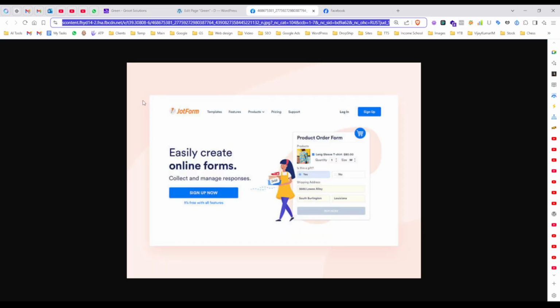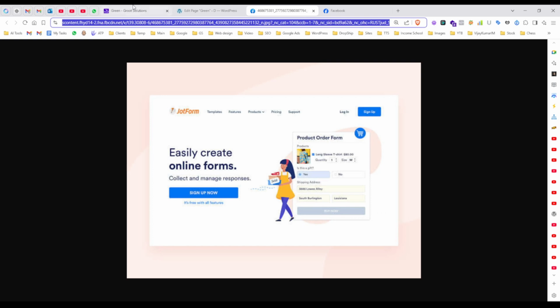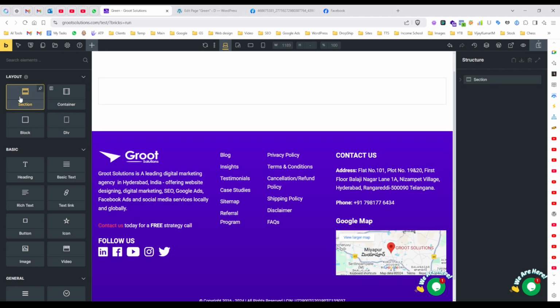So building this section in both Bricks and Greenshift is our topic of discussion: how the workflow is going to be, and why we need these fundamental layout blocks in Greenshift as well. So let's try to build this section. I'm building something similar to this section in Bricks, and yeah. So all we have to do is first add this section, and